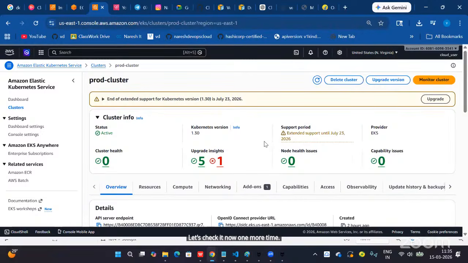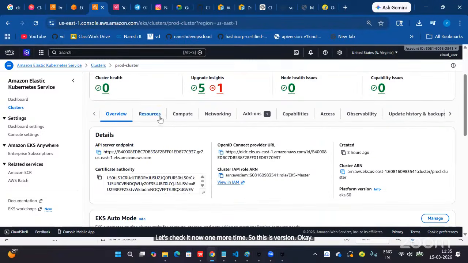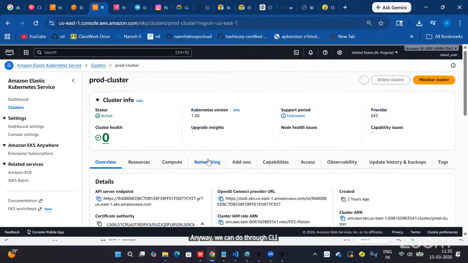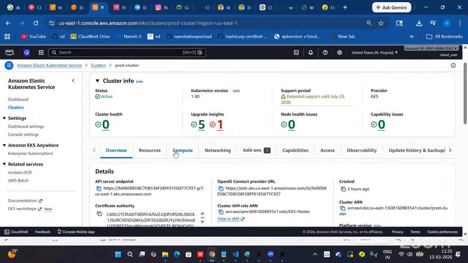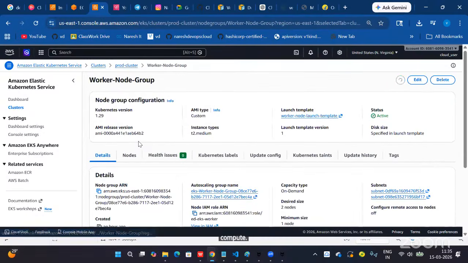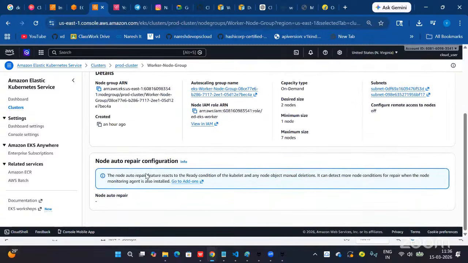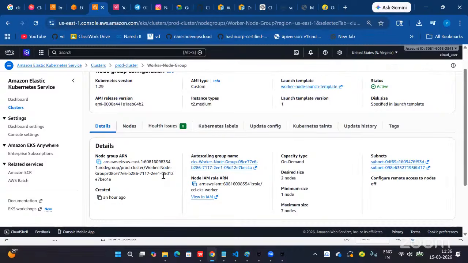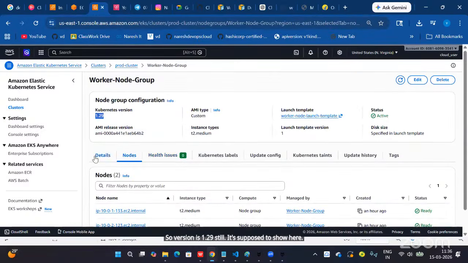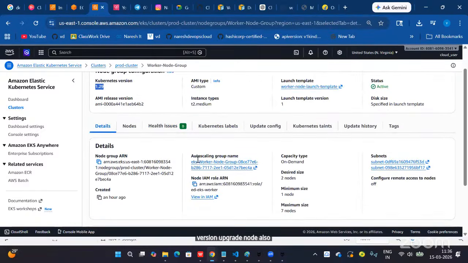So this is the version, okay. Compute. Click on the node group. The version is still 1.29. It's supposed to show a version upgrade option for the node also. Anyway, I will show through CLI.